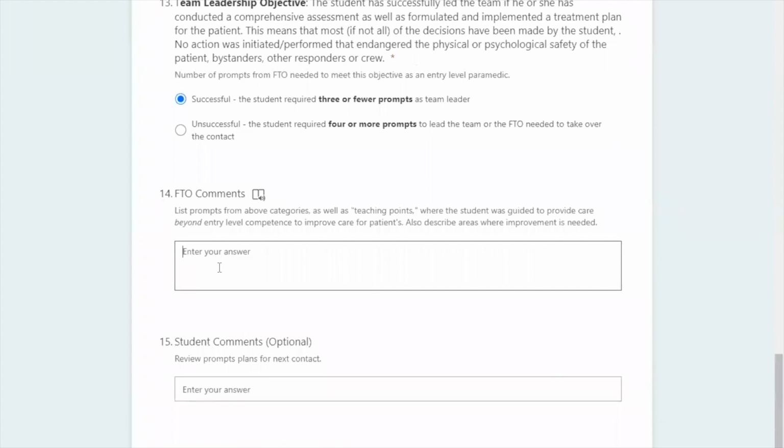And this is the space where you can enter your comments. If you could just explain what was a teaching point and what was a prompt. The prompt was you had intervened because what they were doing was not safe, or didn't meet your agency's minimum standard of care. And please, if they did something well, try to put what they did well. So you can say,